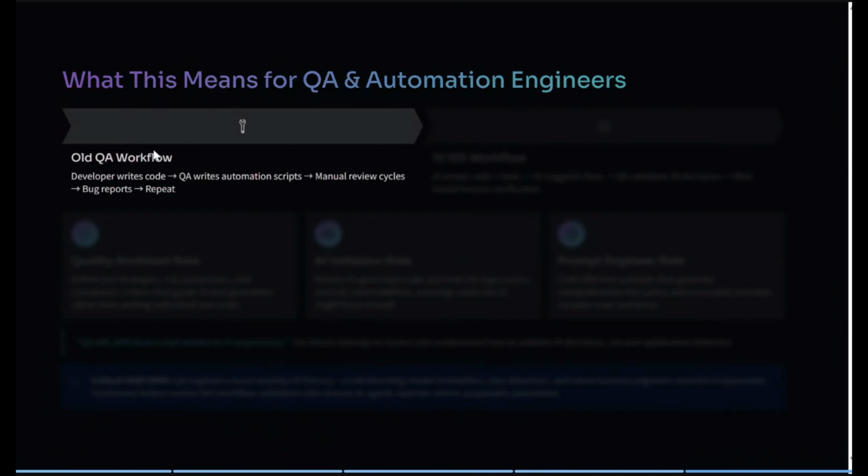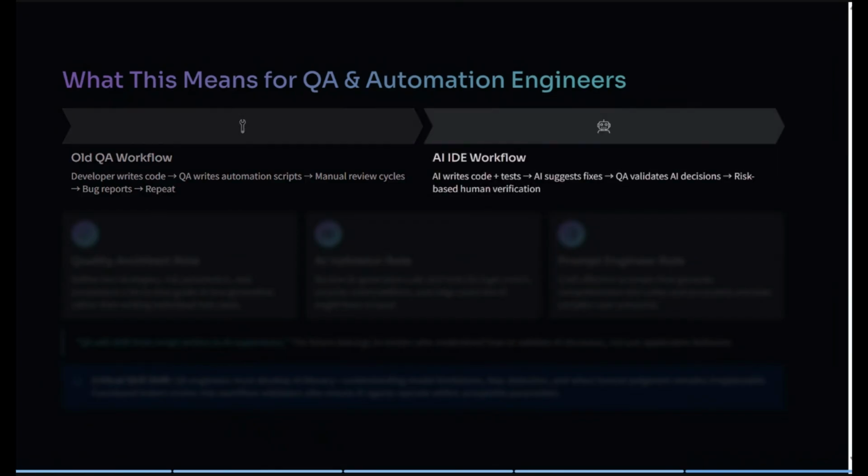And what does it mean for you, QA and automation engineers? If you talk about the old QA workflow, the developer used to write code, and we QAs used to sit idle. Then after the developer is done writing the code, QA writes the automation scripts, and we used to have manual review cycles, bug reports, and the entire process used to repeat as many times as needed, so that we are satisfied the entire code is behaving as per the requirement.